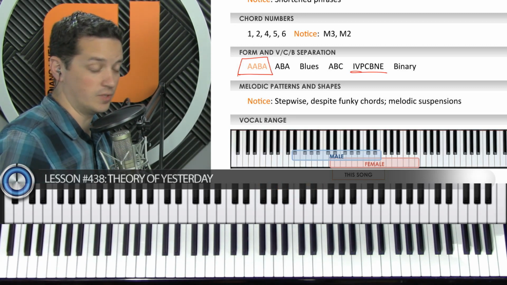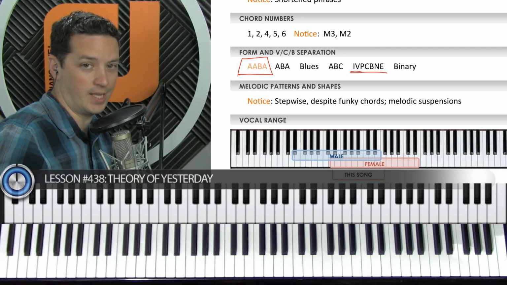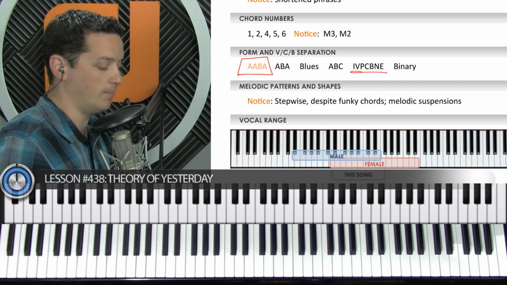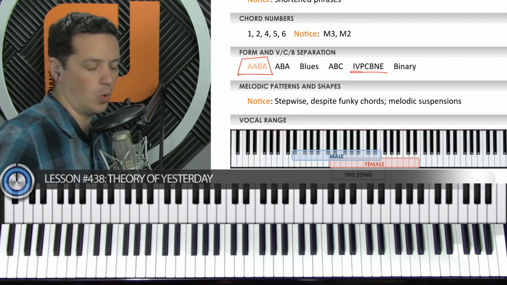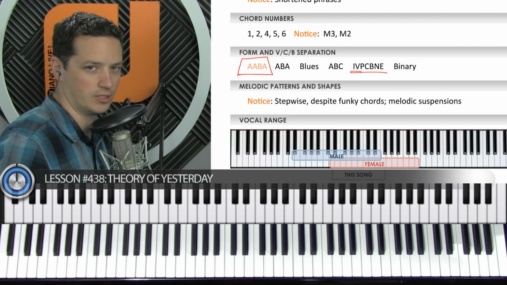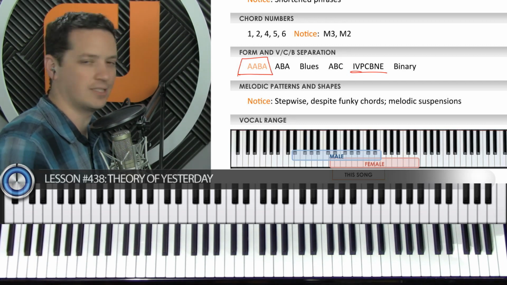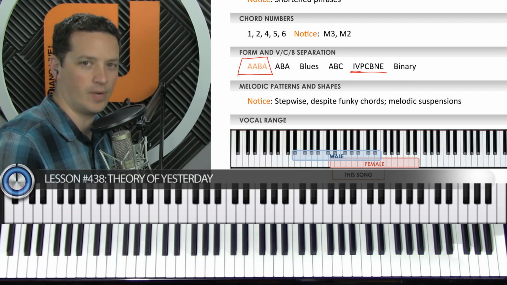So again, for those of you who are writing songs or just taking inventory of what people tend to do in these songs, they break all the rules about the chords and junk, but then when it comes to the melody, it's just the next note over. Really easy to hear, really pretty, fun to sing along with. That's what stepwise does for you.